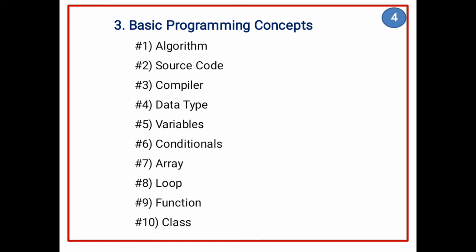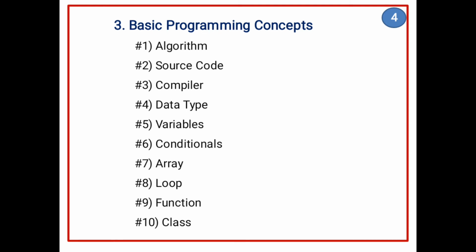The next concept is loop. A loop is used to execute a series of code until the condition is true. For example, in C language, loops can be used as for loop, do while loop, while loop, etc. Now, these are the examples of loop in C programming.